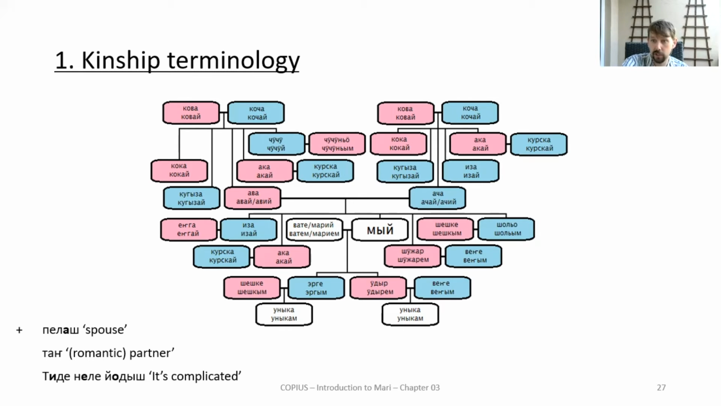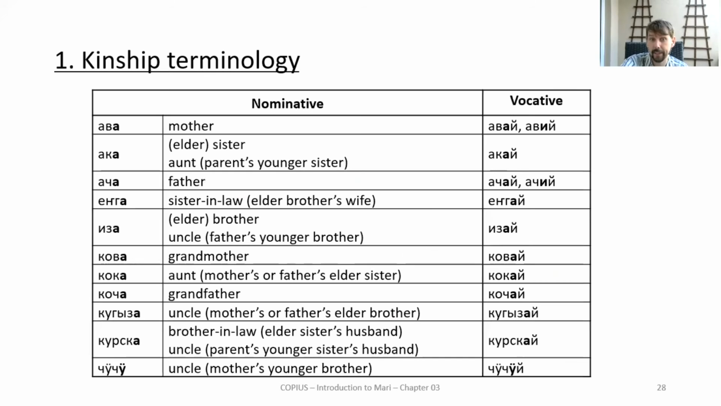And I gave you some bonus terms here. Pelash is a spouse, gender neutral. Tang is a romantic partner, also gender neutral, boyfriend, girlfriend, etc. And Tita Nela Yodish, it's complicated. It's a difficult question when Maris ask you about your family status, your romantic status, and if you go to Mari El, they will. Here an overview of some of the most important kinship terms with the so-called vocative